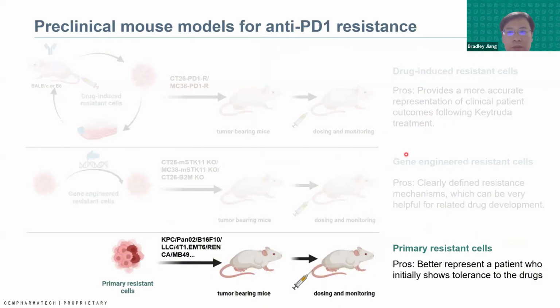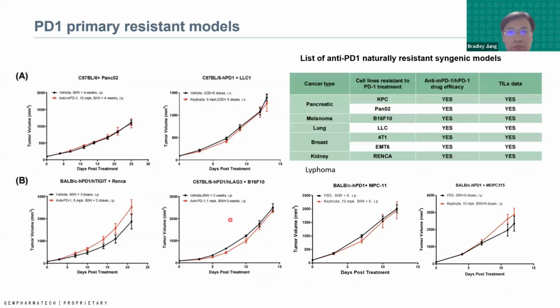The third way to establish a model of anti-PD-1 resistance is the primary resistant cell. This model can better represent a patient who initially shows tolerance to the drug. This primary resistance model contains many different cells on different backgrounds of mice, including the pancreatic cells, KPC,